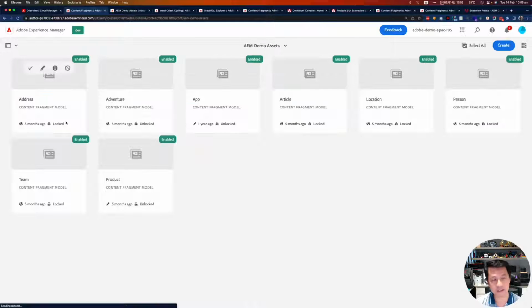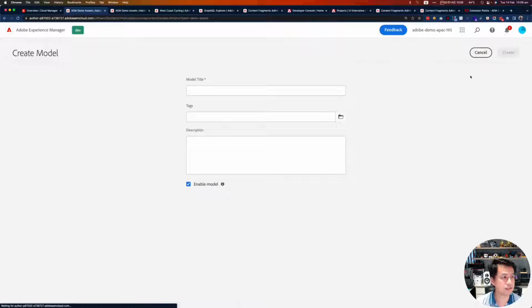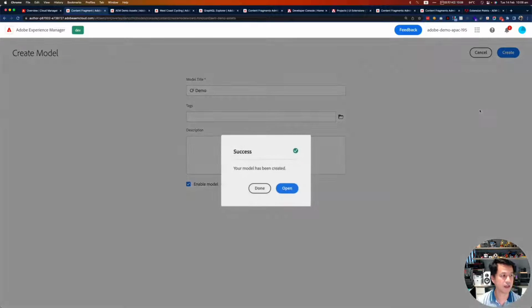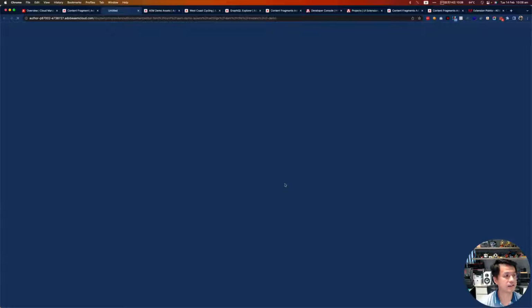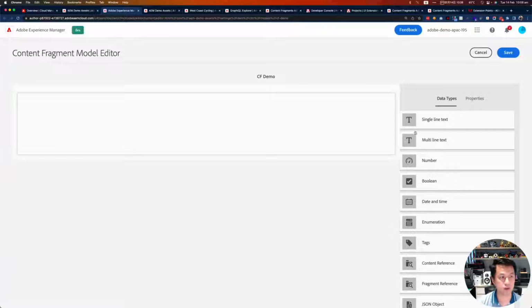You can create a folder, or select the folder you want, and start by simply using the create button, like you create a page. You give it a title. I'll call it content fragment demo. And in two clicks, we've got a blank schema. Now I can start to drag and drop based on the structure you want to define here.